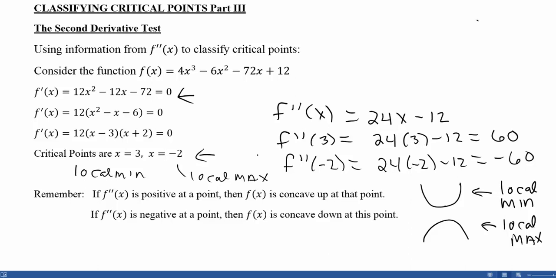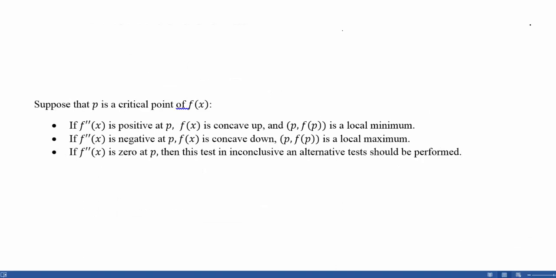So when we take these ideas about concavity and we pair it with what we know about critical points, we're able to come up with the second derivative test. Let's see how that's written. Suppose that p is a critical point of f of x. If the second derivative is positive at p, that means that the original function is concave up and that your critical point is a local minimum. If the second derivative is negative at p, the original function is concave down, and therefore your critical point is